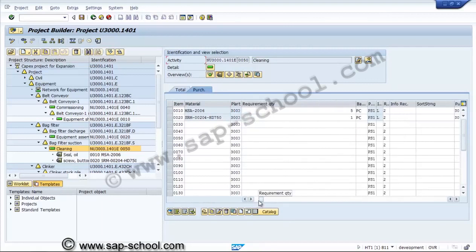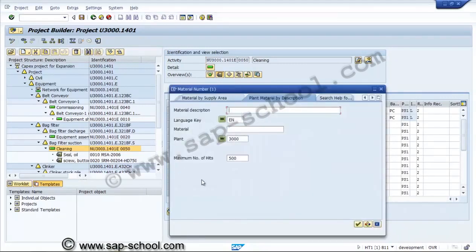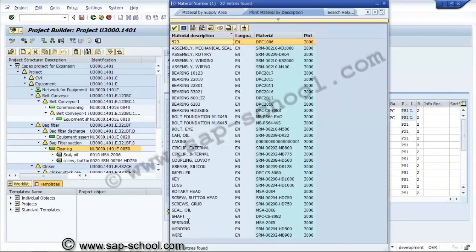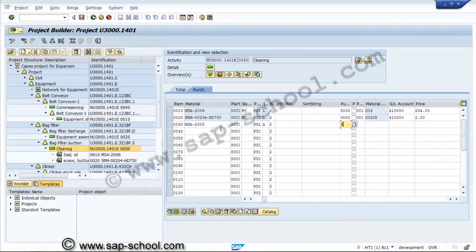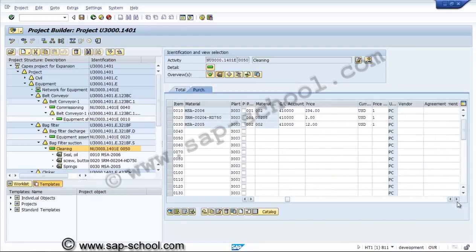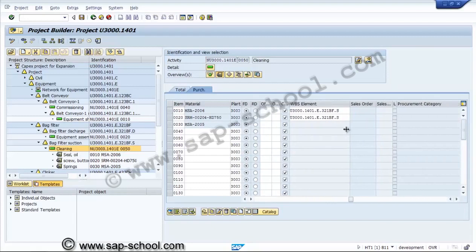Now this time we will select a material for non-stockable item purpose. That means it will be consumed immediately without taking into the project inventory. So this is item category N, non-stockable, and we can see over here this WBS element has been not assigned